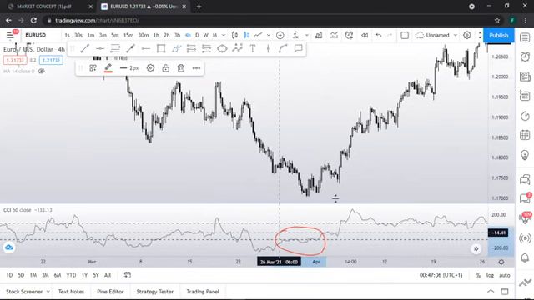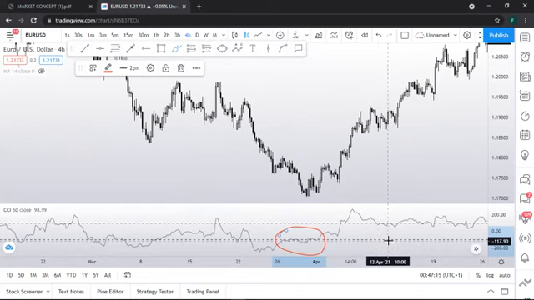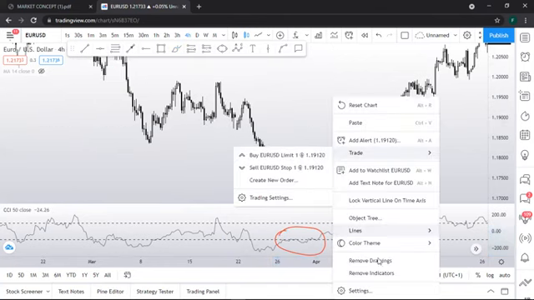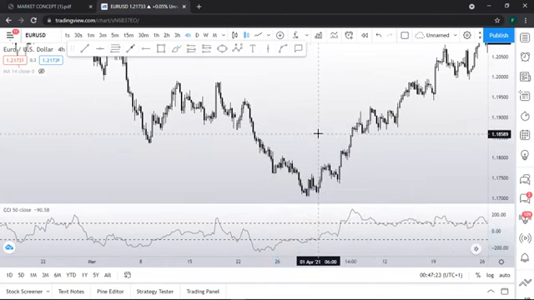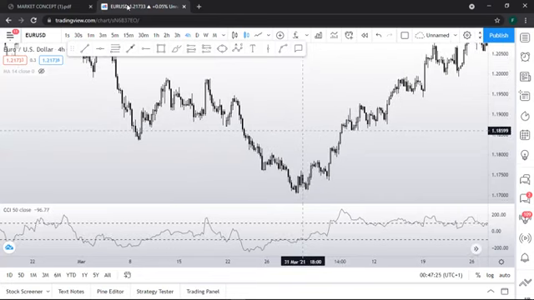And one of the rules is that we only take trades when the indicator is inside the band, all right? It's inside the band. Don't worry, there's going to be more videos on that, so you might want to look out for that. Great. So now that we know that we will be spotting our divergence with the CCI, let's jump right into